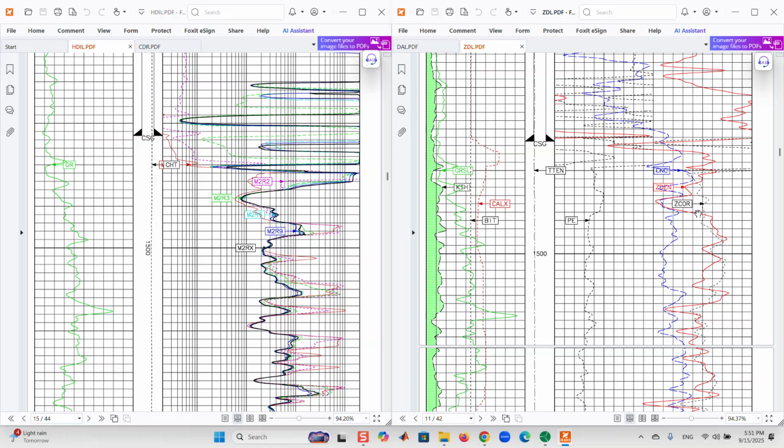At first, we should detect the casing shoe to validate the depths with the casing shoe detected by the drillers. The driller proposed 1840, the driller proposed 1889 as